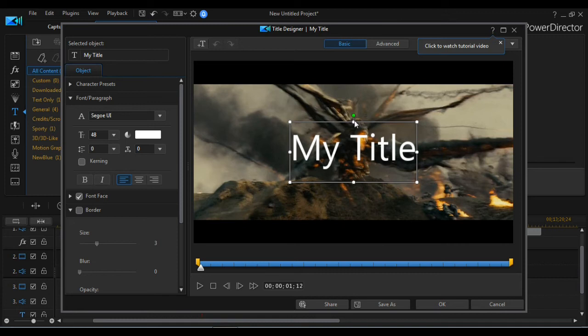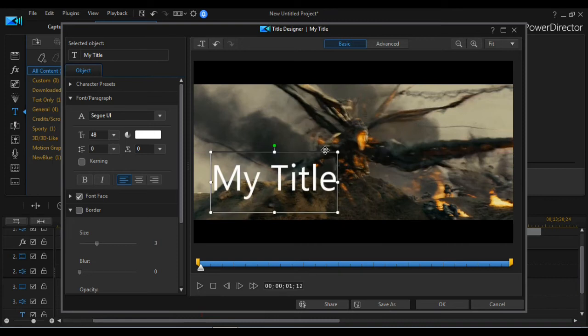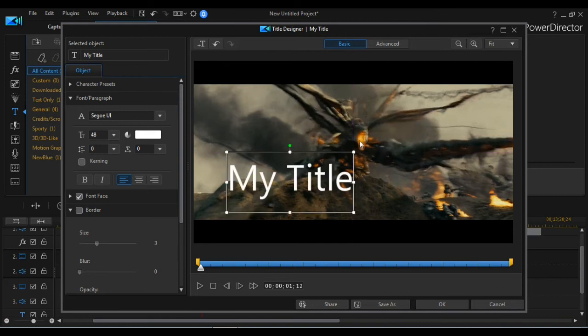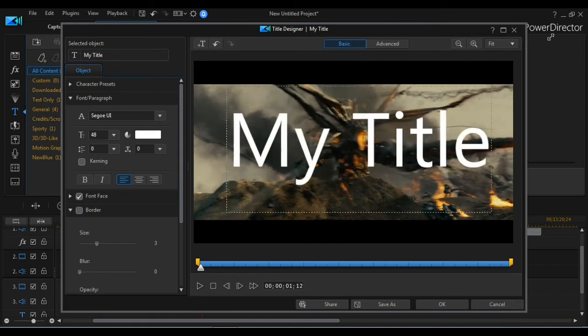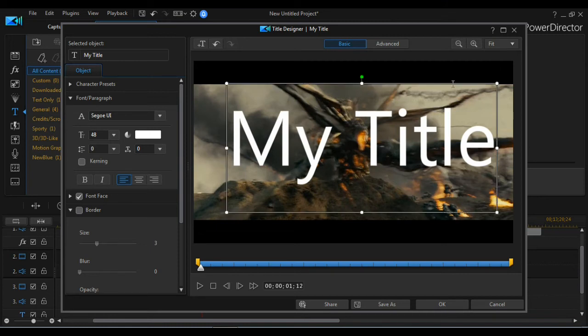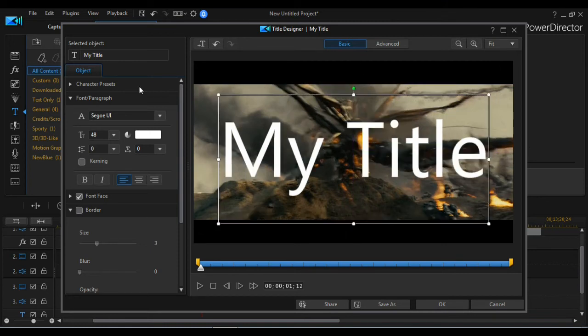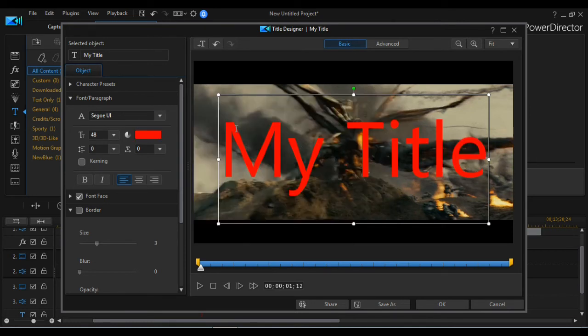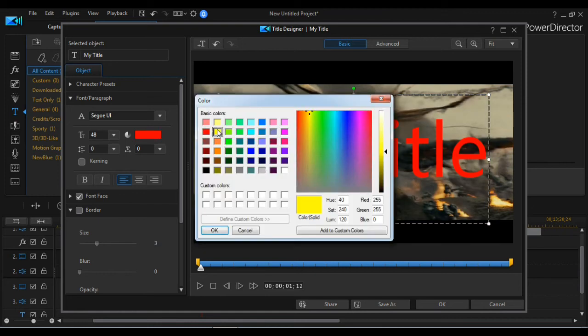First I will show you how to move this text. You can see it is simple to move. Very simple to move the text. And if you want to crop the text like this, you can do it, or you can make it bigger. It's very simple. Then about changing the color, press it and select any color and give OK. Then you can see the color. Then if you want to change letter by letter, you can change it.